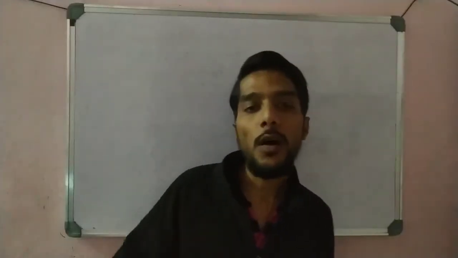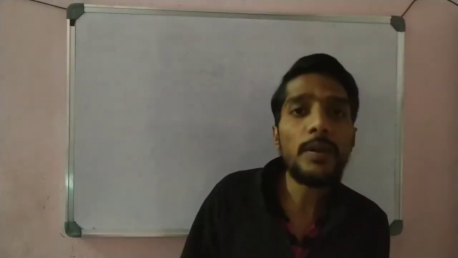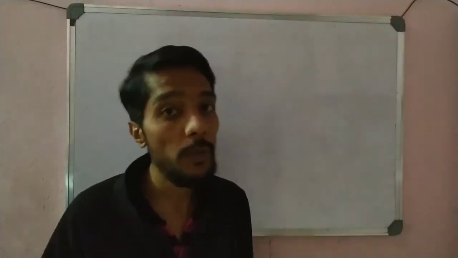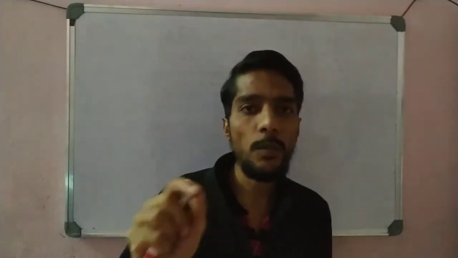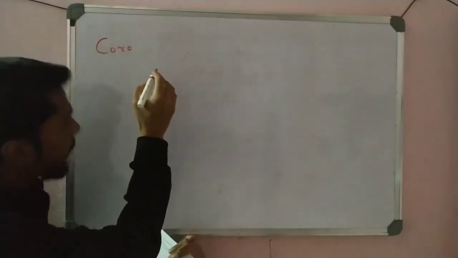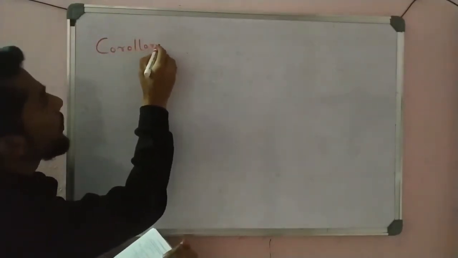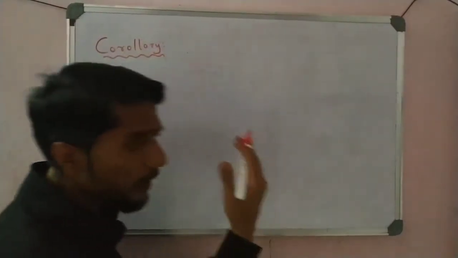Okay students, now after finishing the BPT theorem proof, we have to take some results which are based on the BPT theorem. Two results are there which are also very important. While solving problems we use them. That is called a corollary. So I can write here the other results, the corollaries of the BPT theorem.